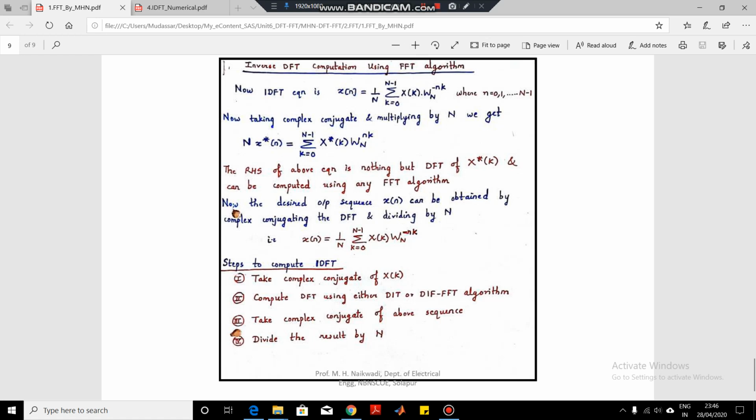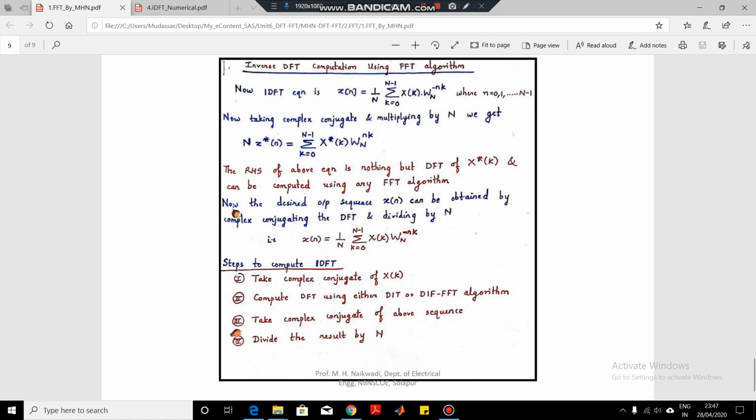In this lecture, we will be talking about the computation of inverse DFT using FFT algorithm. Just like we can compute the forward DFT, that is simple DFT, using FFT algorithm, we can also use this FFT algorithm for computing the inverse discrete Fourier transform. For example, if we are given the discrete Fourier transform and we are asked to find out the time domain sequence, that is, the inverse discrete Fourier transform, then also we can make use